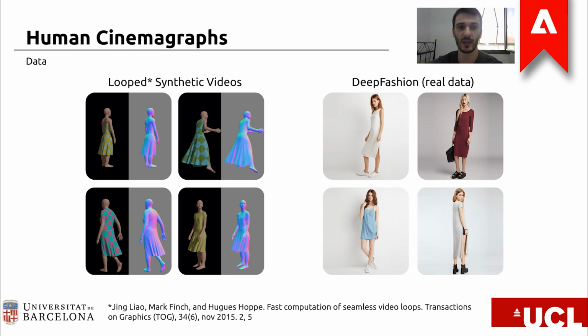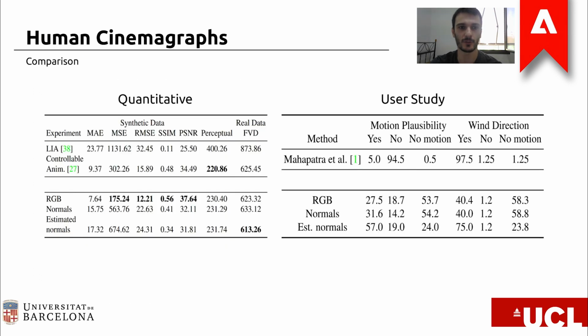On the other hand, we have DeepFashion as our real dataset. This data contains thousands of samples of different people wearing different clothes. Here, we show some quantitative metrics obtained with this methodology, as well as variations of it and related works. Related works work by warping fields that warp encoded features to later decode them into the final prediction. Then, as variations of our method, we train CycleNet on RGB data directly, using synthetic normals and also normals estimated